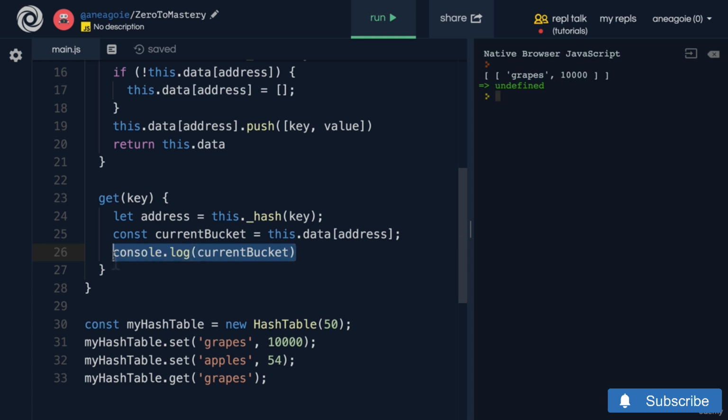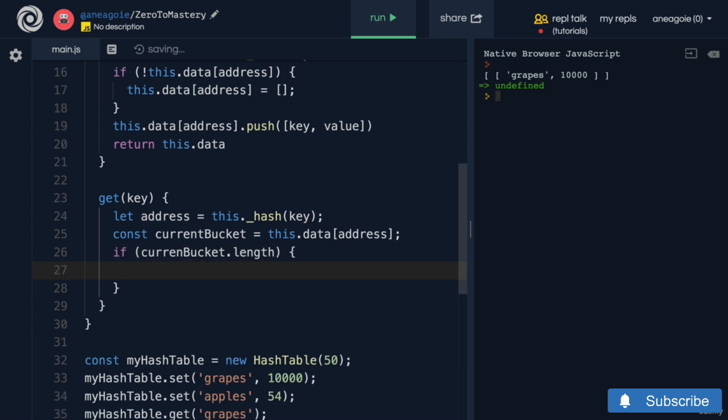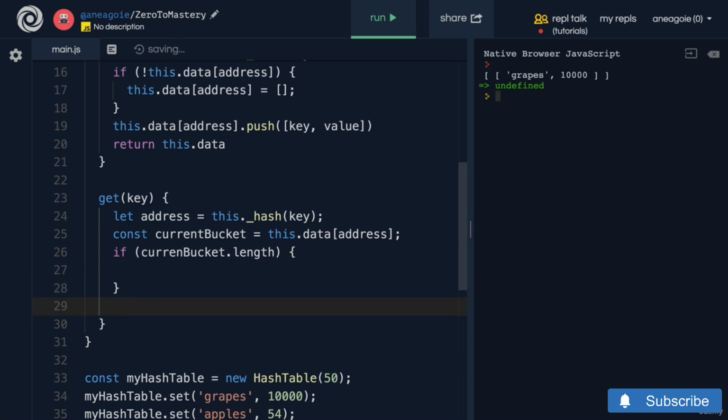Well, all we need to do is to say if current bucket dot length. That is, if this current bucket has something in it, in that case, we are going to do something. Otherwise, we're just going to return undefined because there's nothing in the bucket. We're checking if this actually exists. So if there's nothing in the array, if the length is 0 and the array is empty, well then, we're